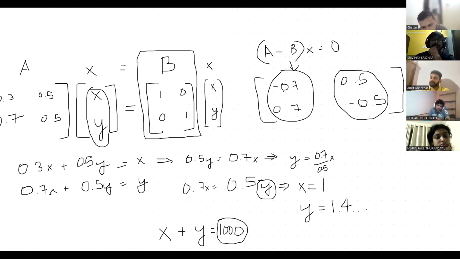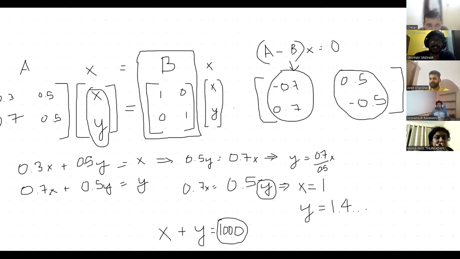Because the line breaks, and you get one of the redundant equations. Like you are writing a1x plus b1y is equal to c1, a2x plus b2y is equal to c2, then a3x plus b3y is equal to c3. But if you are able to eliminate one of the equations using the other two, then that is duplicacy. And there's one more property here, that is the rank of the